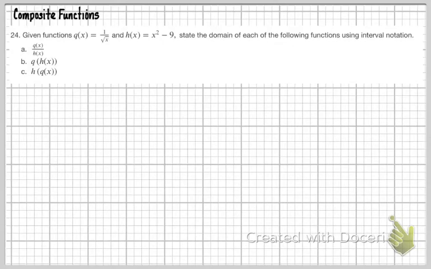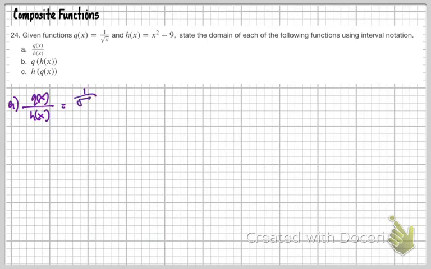Given functions q of x equals 1 over square root of x and h of x equals x squared minus 9, state the domain of each of the following functions using interval notation. So when I take a look at number a, it is q of x over h of x, which equals